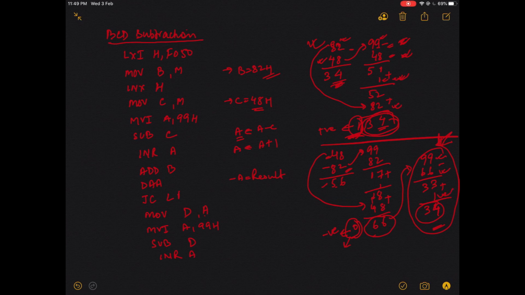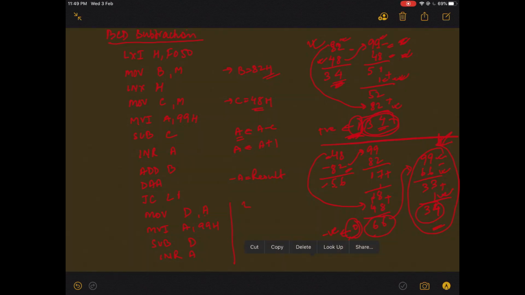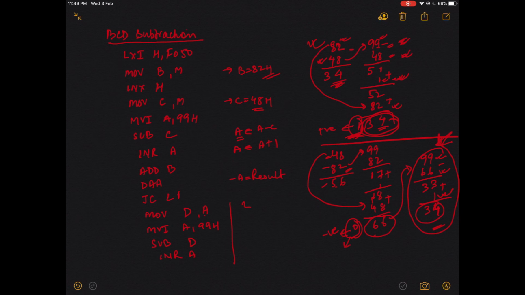Then my result will be there in the accumulator. I'll continue with my label L1 in the next line. If there's a carry, it'll jump here, and if there's no carry, it'll do the hundreds complement of the number again, and the program sequence will follow.